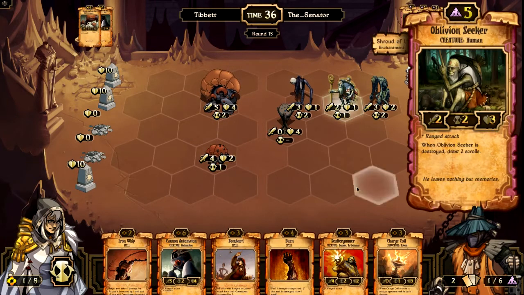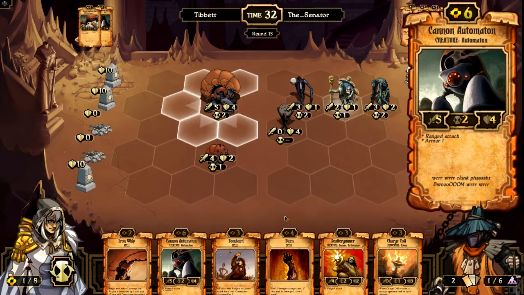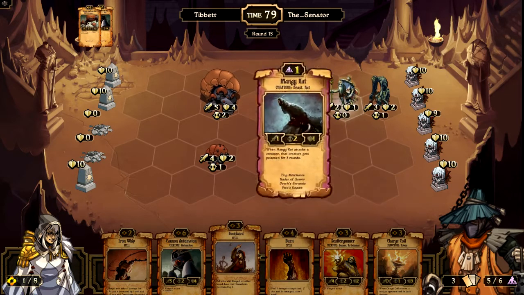Now, this cannon can actually block 1 damage from the Oblivion Seeker, since it does have armor 1, so it's only going to take 1 damage, or he's going to have the Oblivion Seeker attack my idol directly. Either way, it's not doing as much this turn. Then, next turn, if I play Charge Coil and Scattergunner and Bombard, I'll actually have a really good turn on my hands, since I will be able to attack with the Scattergunner and the...